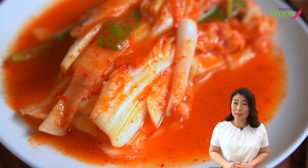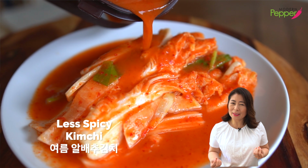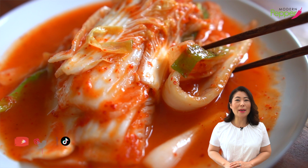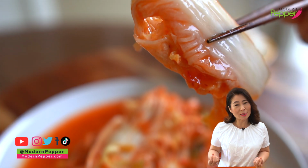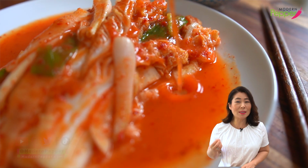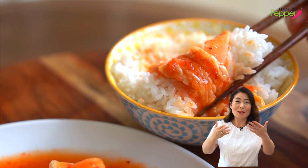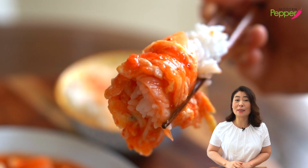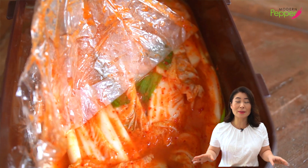Do you love Napa Cabbage Kimchi, but you're looking for something that's a little bit less spicy and a little bit more refreshing, especially during the hot summer months? Well, today I'm going to show you how to make this delicious kimchi that is less spicy but full of so much yummy flavors from this liquidy kimchi paste. Once it hits the lips, you will not be able to stop. It's a serious warning. And it is a small batch recipe so that you and anyone else can make this